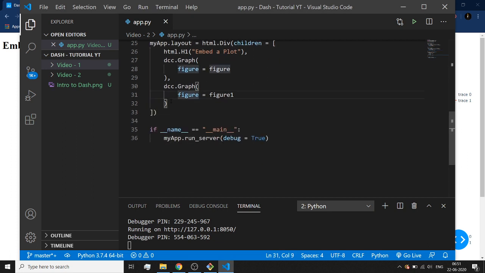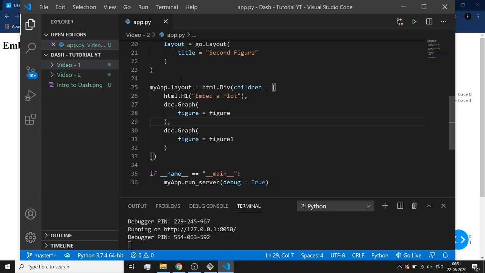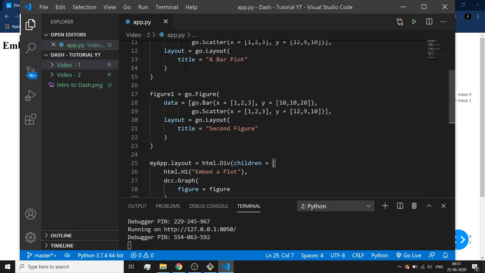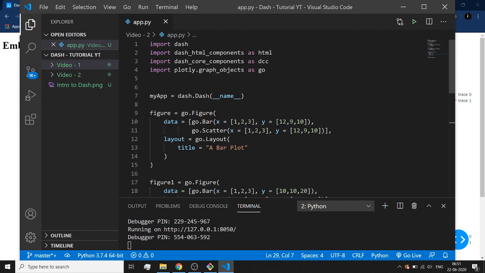And from next videos we are going to be exploring more of Dash, and how we can add various other things like inputs, and how we can make our dashboard interactive. All of these things will be covered in this particular series, and we are going to learn all these concepts as we progress through these set of videos. So I would like to just stop right here for this particular video. The main purpose of this video was just to show you how you can add graphs or Plotly figures to your Dash applications.